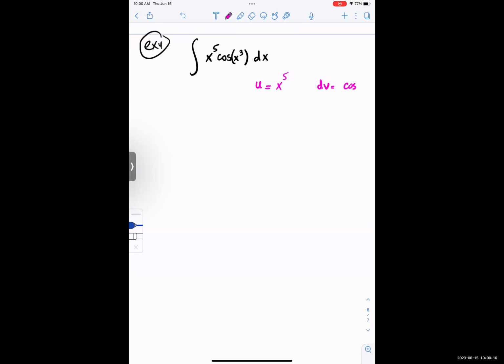When it's ln, that is usually u because ln would be nicer with the u. But anyways, you would say, okay, if I let x to 5 be u, and then cosine of x cube